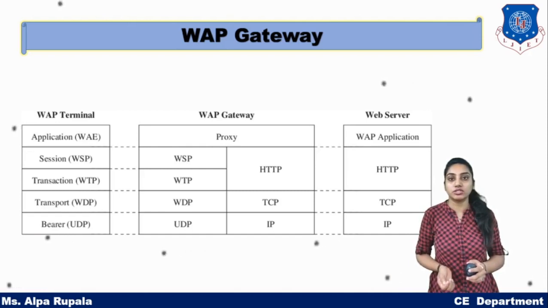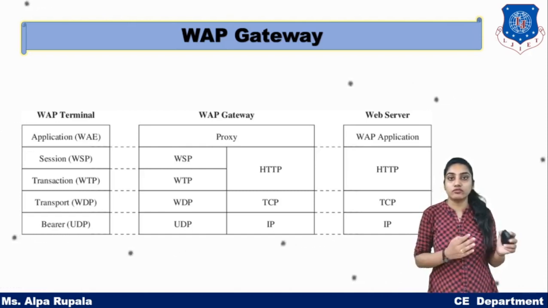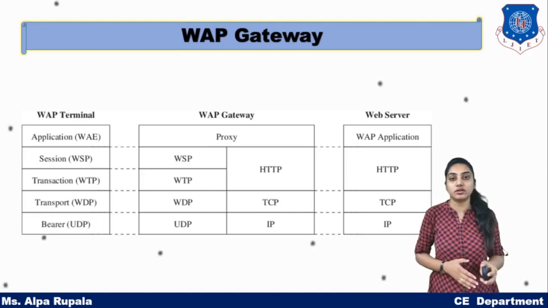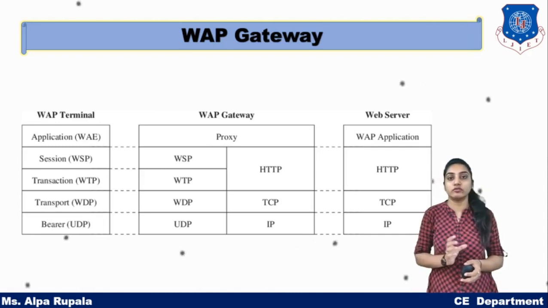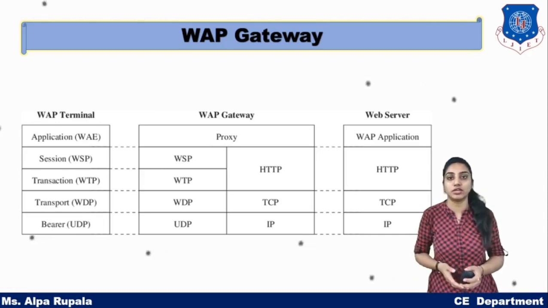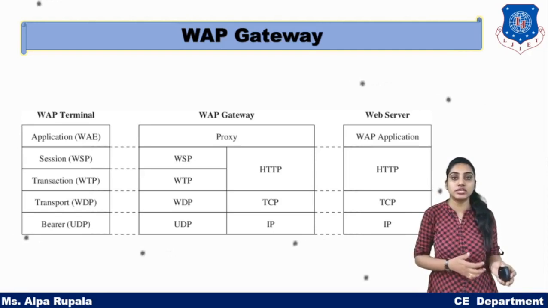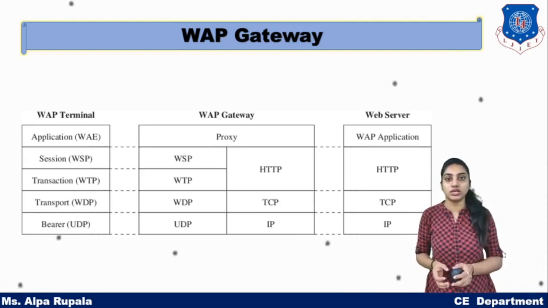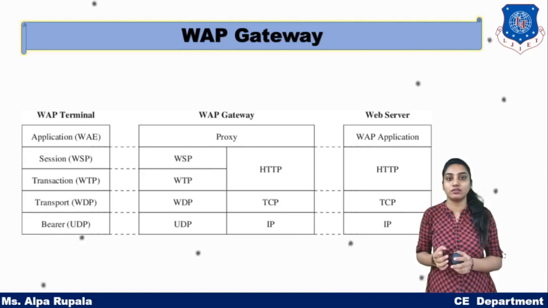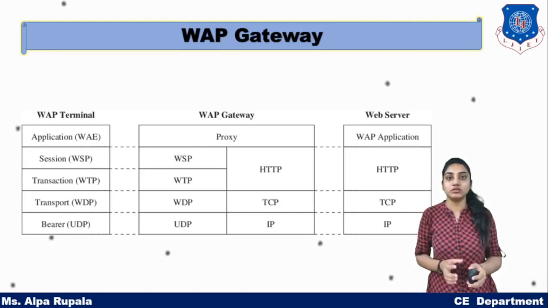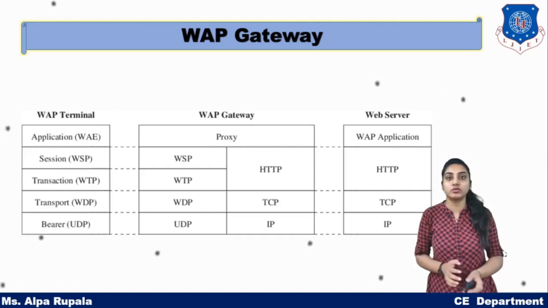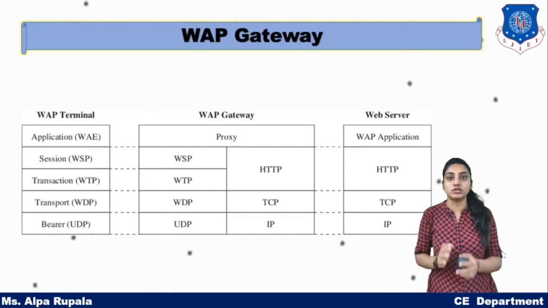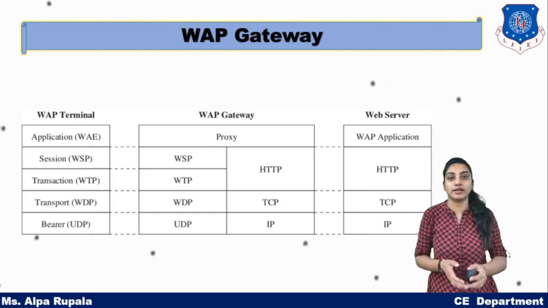Now it is the task of the web gateway to convert that information into binary code. Why are we converting that information into binary code? Because we are moving from the wired network to the wireless network. So our data which is transferred from one place to another should be very lightweight. So we convert our original data into binary code to make it lightweight. All the information which is not in a lightweight mode, we convert into the lightweight mode using the web gateway, and that lightweight code is known as the binary code.